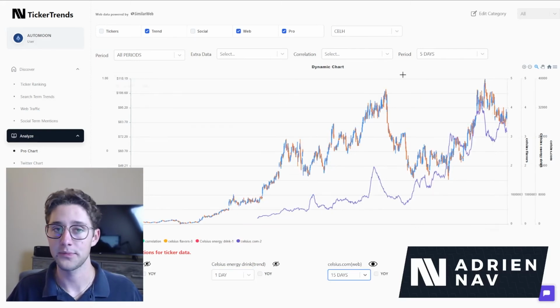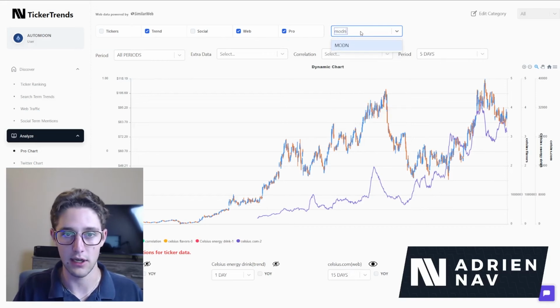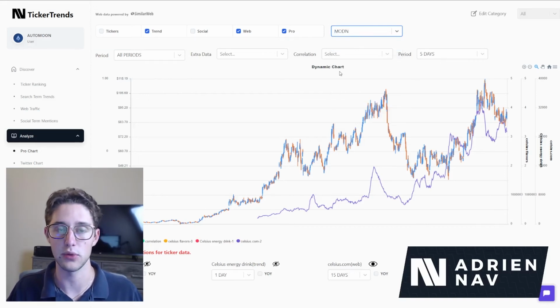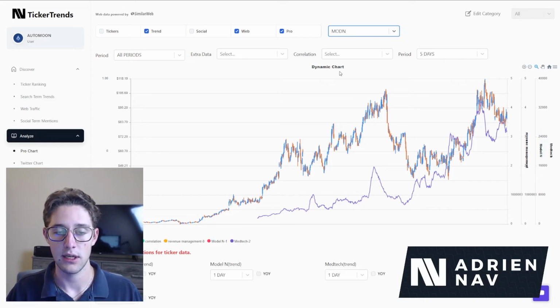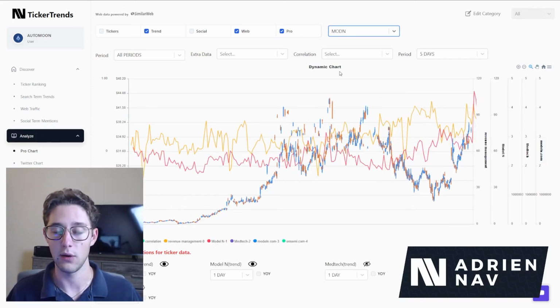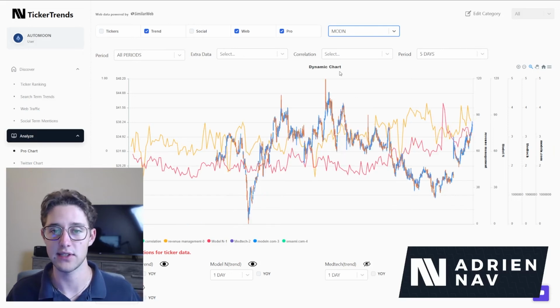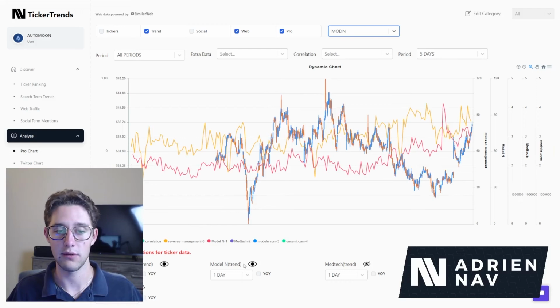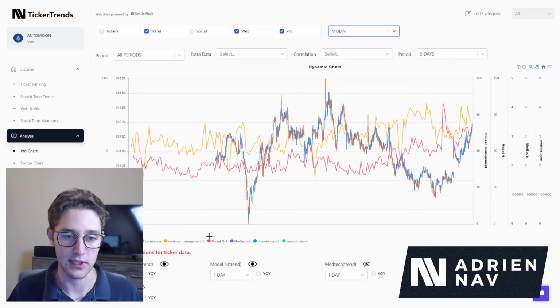platform. But what you can do is then you can find further opportunities of things that are maybe not fully priced in. So a good example of this is a company that we recently wrote a research report on, which is called Model N. And Model N has very, very good performing web traffic, and the stock price hasn't necessarily completely caught up to it. So let me give you an example of an opportunity that hasn't been priced in yet, at least in